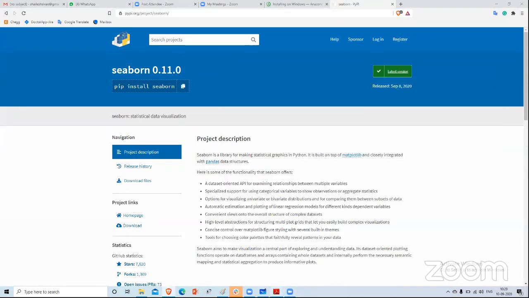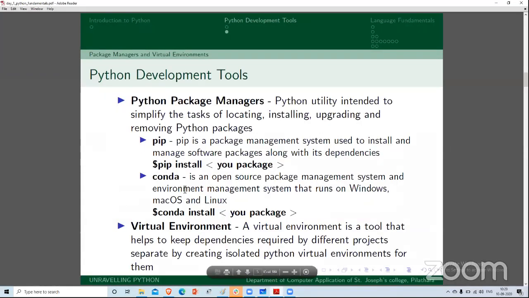The other important thing is, if you're using Anaconda, there's another package manager called conda. You can use conda in a similar way: conda install the package name. Similarly to pip, conda install XYZ. That command will install that XYZ package into the system.